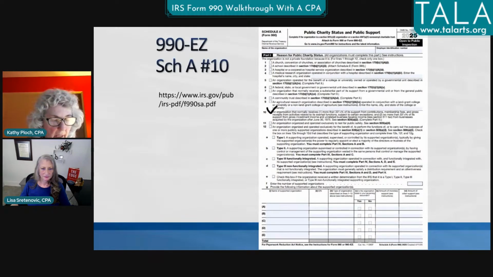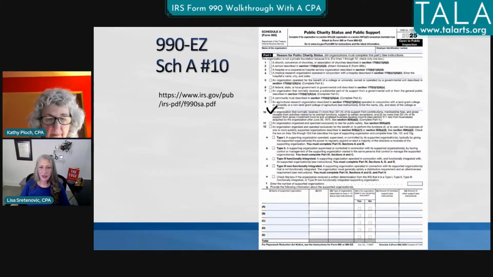And Lisa, I know you had marked box 10 because I think most of our people are probably this, where they get 33 1/3% of their contributions related to their exempt function. Right.